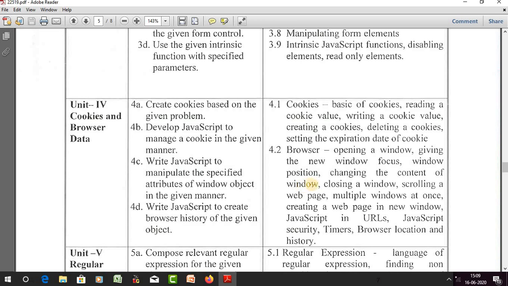We can open a new window, focus on that new window, change the position of the window, change the content of the window, close the window, scroll a web page, create multiple windows at once, create a web page in a new window, JavaScript in URLs, JavaScript security, timers, browser location and history. These are the concepts in a browser.